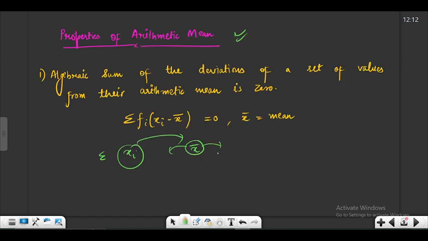So the sum of deviations of the values about the mean is equal to 0. मीन से जो दूरी है सारी टर्म्स की, अगर हम उनको ऐड करेंगे तो the end result will be 0, because जो भी सब्ट्रैक्शन पे निकलेगा वो आपस में एक दूसरे को कैंसिल करके हमें नेट रिजल्ट 0 दे देगा.